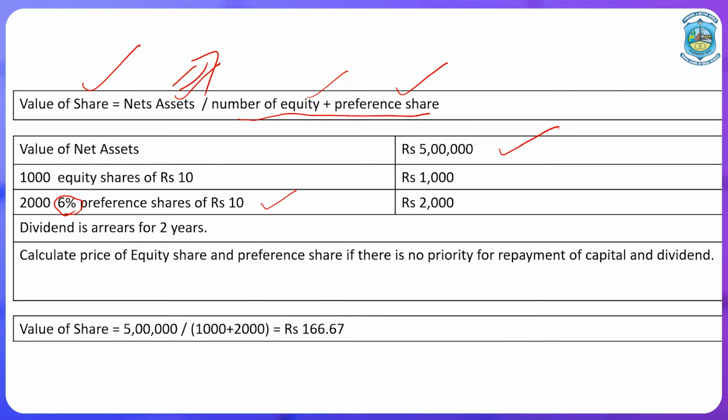And the dividend is in arrear for 2 years, calculate the price of equity and preference share if there is no priority for repayment of capital and dividend. So, simply what you are going to do, you are going to take net assets which is 5 lakh rupees. This 5 lakh you are going to divide with the number of equity and preference. The number of equity and preference is 3000. So, 5 lakh divided by 3000, the value of every share is 166.67. So, this is the value of every equity share as well as this is the value of every preference